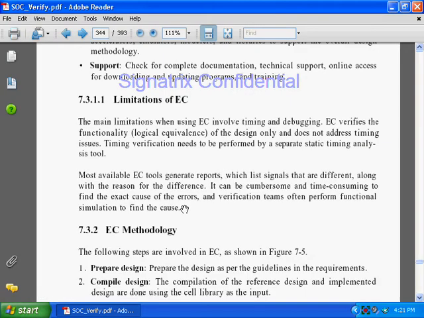Okay, coming to the limitations of equivalence checking. So till now we have seen the advantages and solutions. Now what is the limitation? The main limitation when using EC involves timing and debugging. You cannot perform timing checks in equivalence checking, whereas you can perform timing verification with the help of